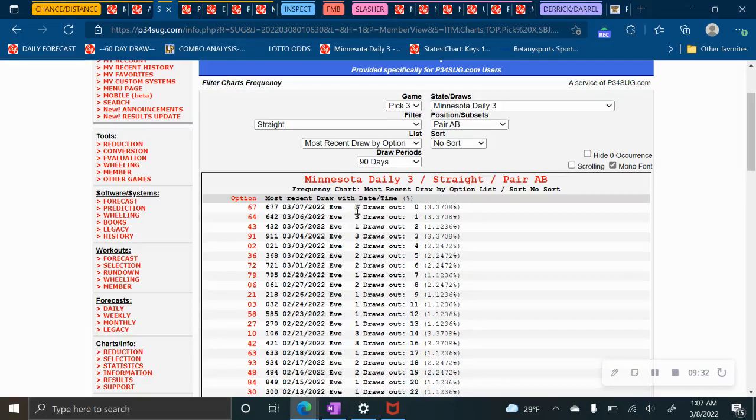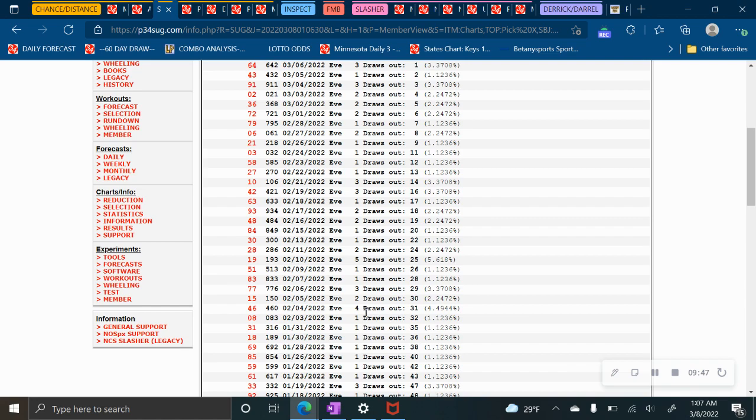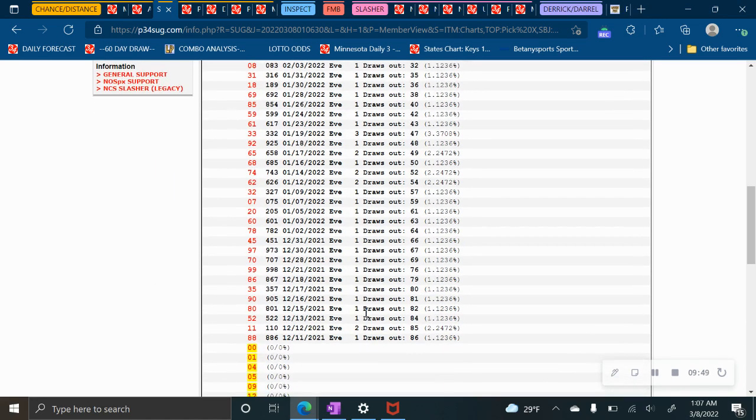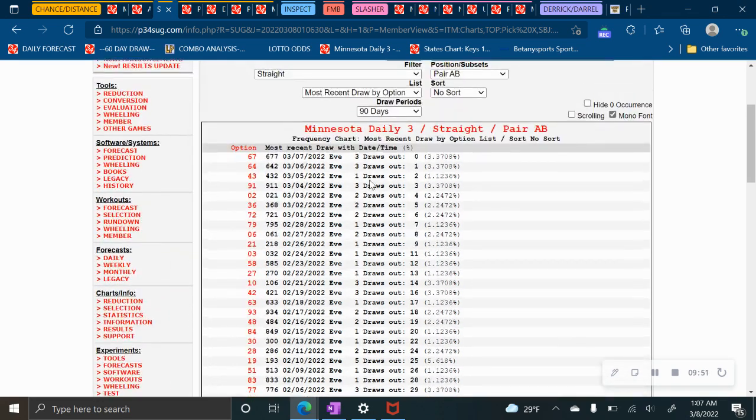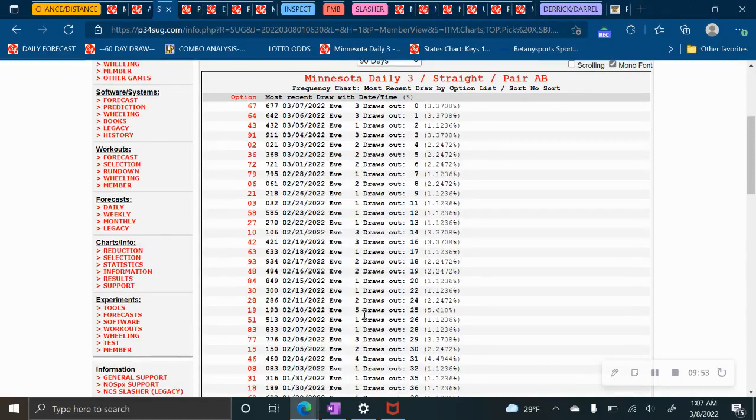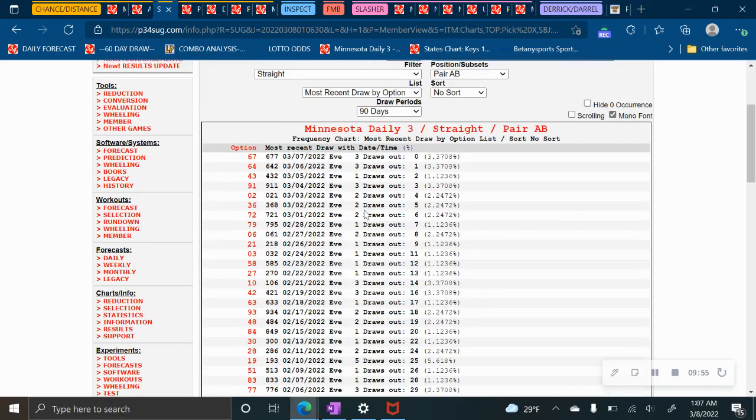But anyway, so here, see, 90 days, no sort, very important, most recent drawn. And we're going to look at this. We're going to say 3, 3, 1, 3, 2, 2, 2, 1, right? So what I'm looking for typically at that 90 days is a 1, because that 1 normally is what dominates. But yeah, it's not really showing me that much. I would like it to have